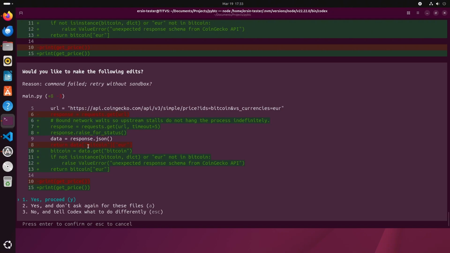Now we are checking if not isinstance Bitcoin dict or euro not in the Bitcoin, we are raising value error.